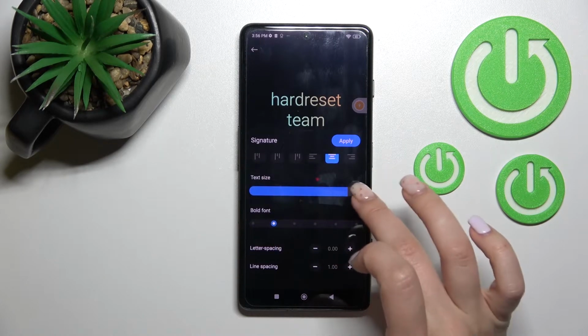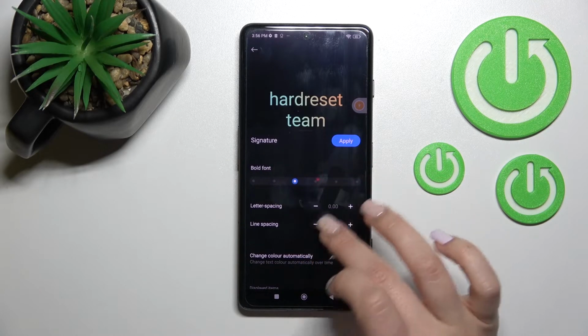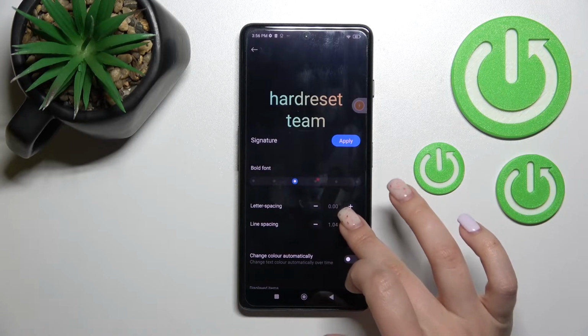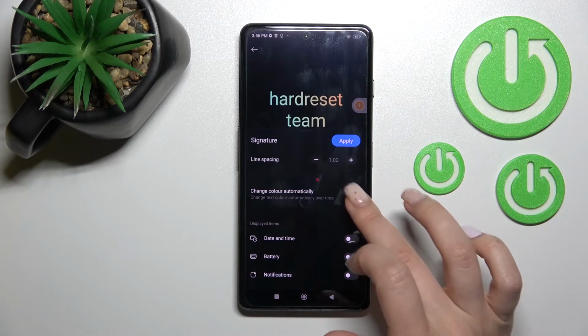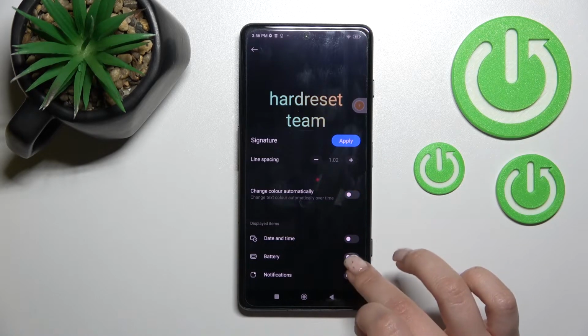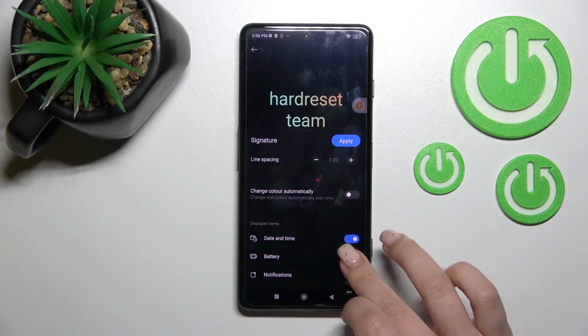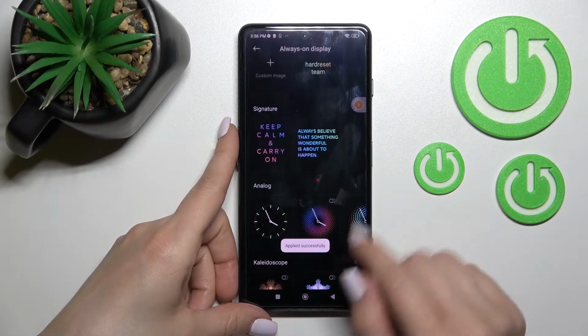We can switch the text size to bigger or smaller, the bold, also the letter spacing and the line spacing here, so it's different. Also we can change the color automatically, or add the date and time, the battery status, the notifications. And now just click here to apply it,